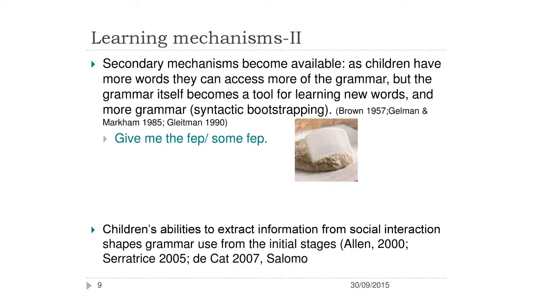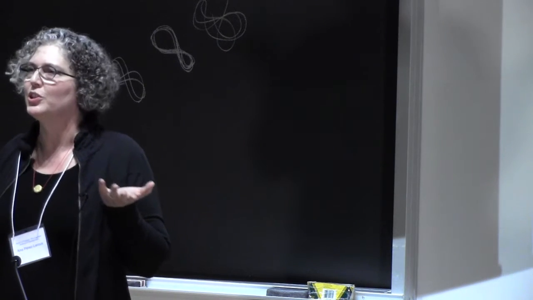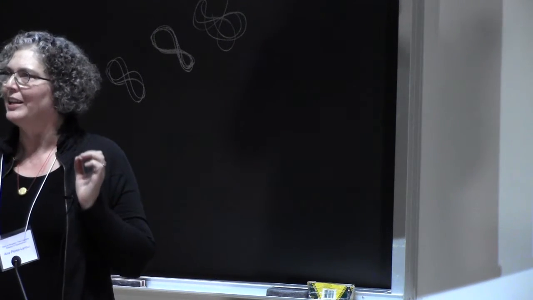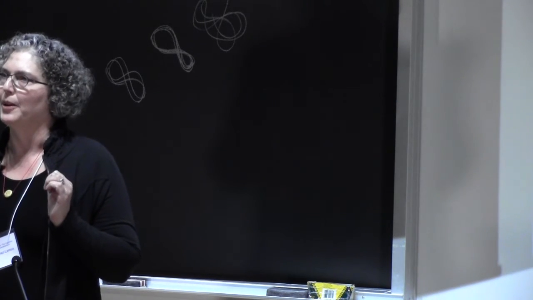And suppose you walk by this IKEA display and the person there says, hand me the FEP. You're likely going to reach for the cutter. But if you say, hand me some FEP, you're going to reach for the blob, right? So you don't know what FEP is because that word is non-existent, but you're likely using the form of the sentence to guess what I mean by FEP, okay? And children are shown to do that, and adults, we do it all the time as well.